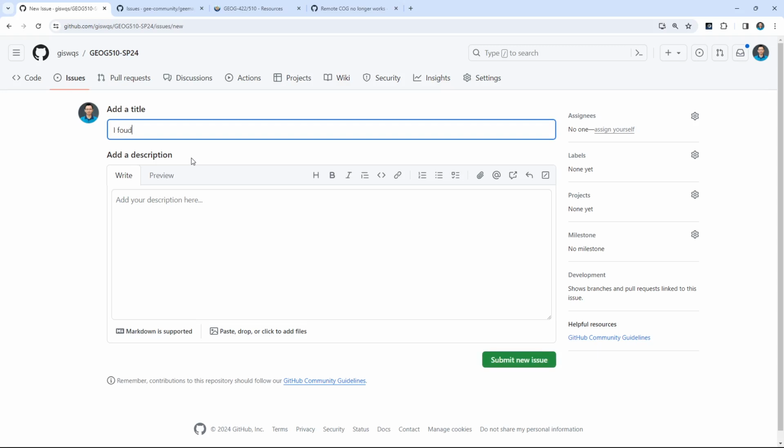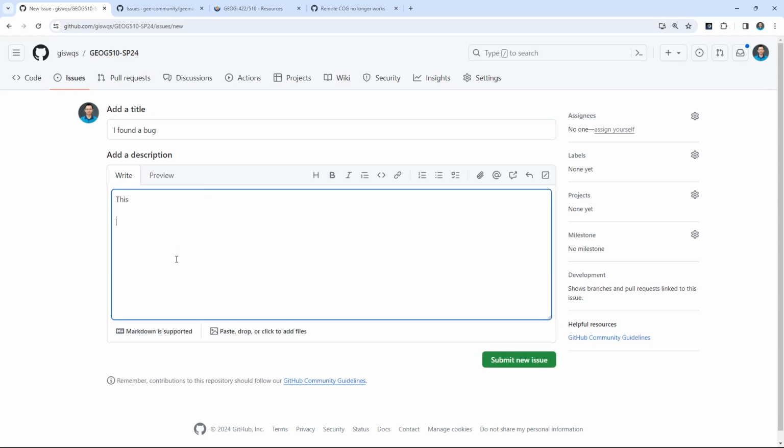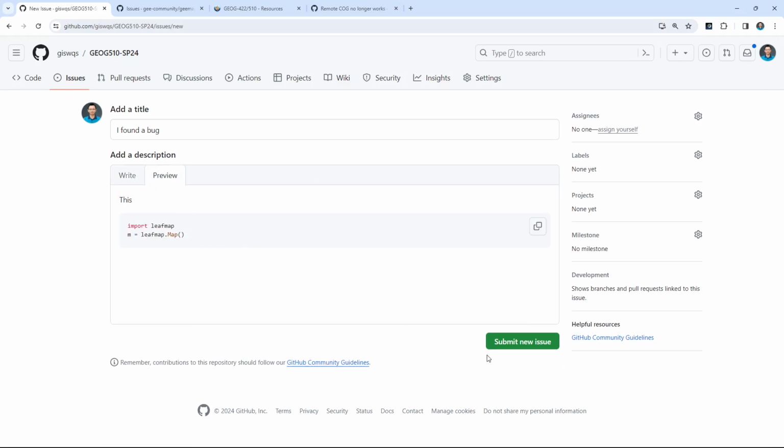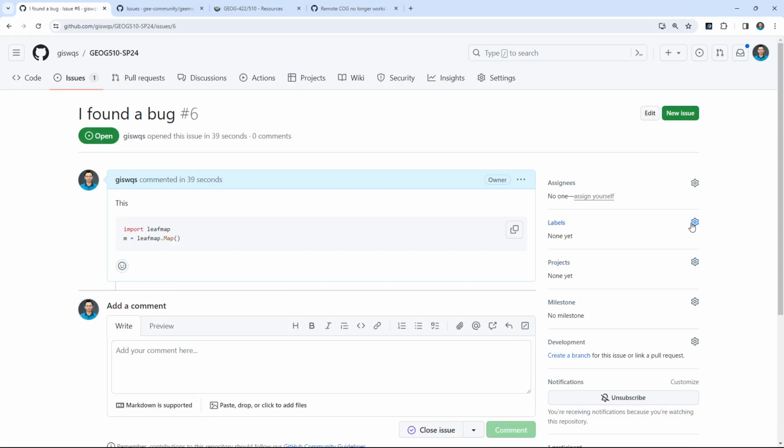be more descriptive, okay? Don't just say I found a bug or something. No, this is a bad example. I'm just showing you, blah blah, and then here dot dot dot, and then Python. Okay, import leafmap, and then m equals to example, and then dot dot. Okay, here, that's it. I can say submit a new issue,